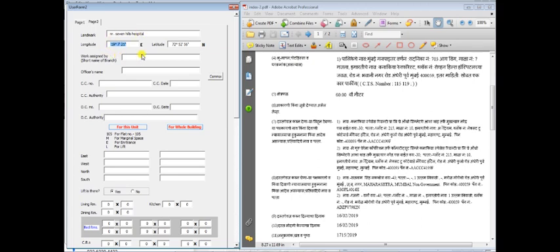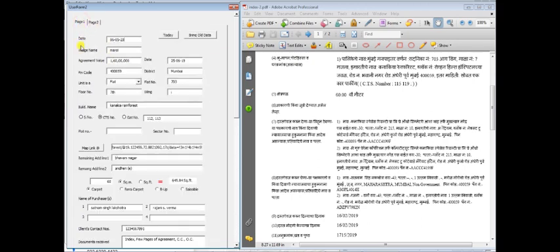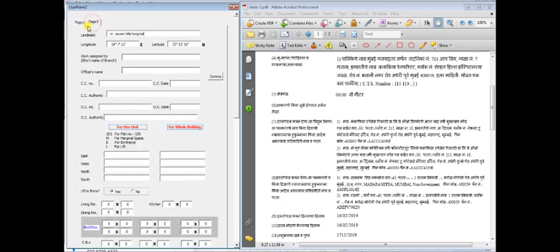Friends, you must remember that we have already copied the Google Map link and pasted it here. If you look at it closely, you will see that this link itself has the longitude and latitude in it. So it will automatically get written down here from that link.